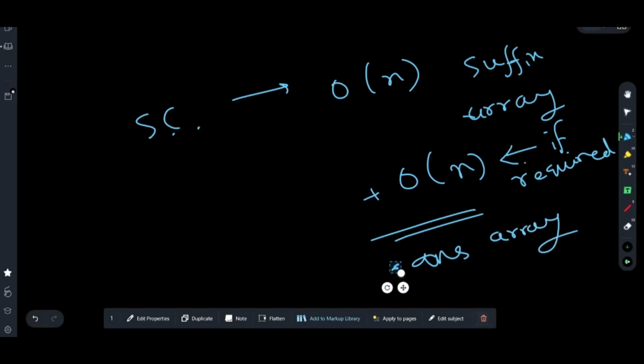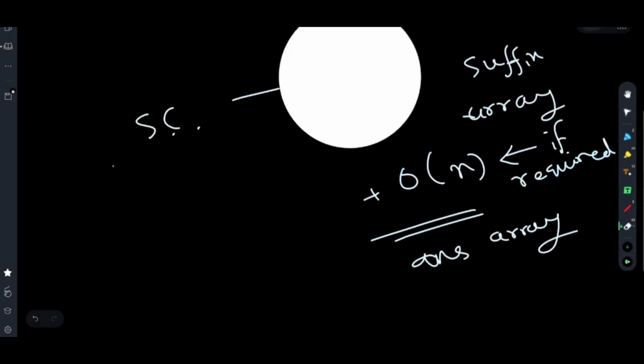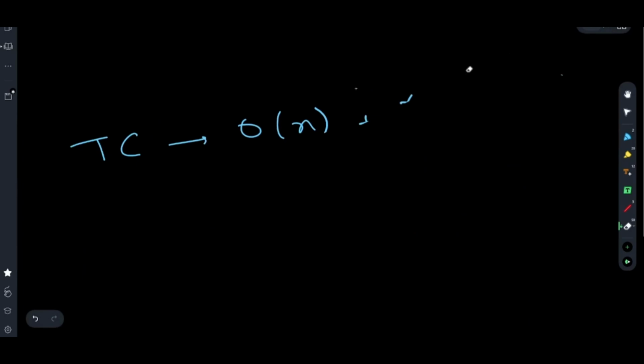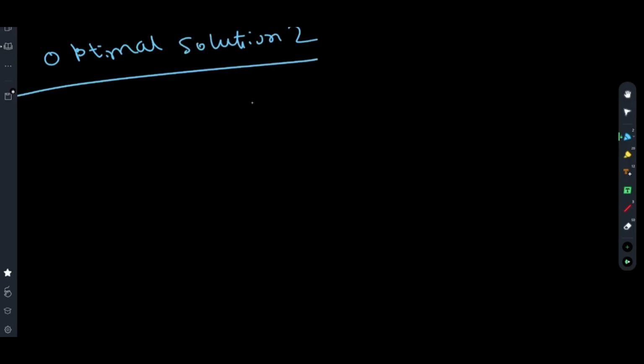Here is the second method. Now we will go to the, sorry, this is the first method. Now we will go to the next optimal solution. The next optimal solution is based on the fact